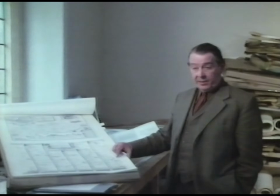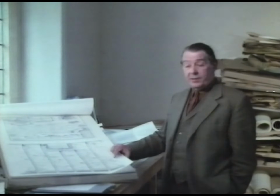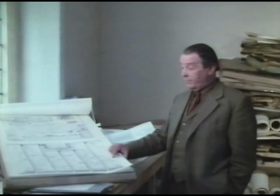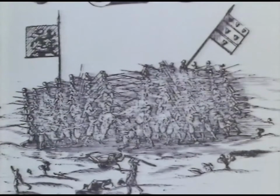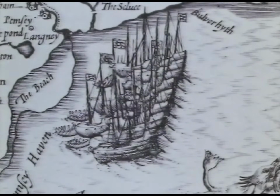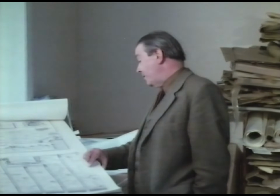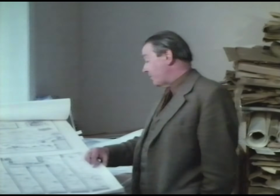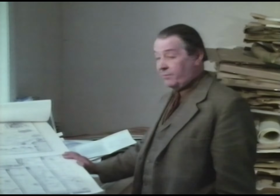John Speed produced an atlas of county maps, and in these he showed always a part of what a medieval city used to be like, and also something that happened. Now, the Sussex map has a picture showing the Battle of Hastings with William's fleet, and also a rather scurrilous piece at the bottom describing the map, which first of all refers to William as William the Bastard, Duke of Normandy. Then, of course, you have the first of the road maps,